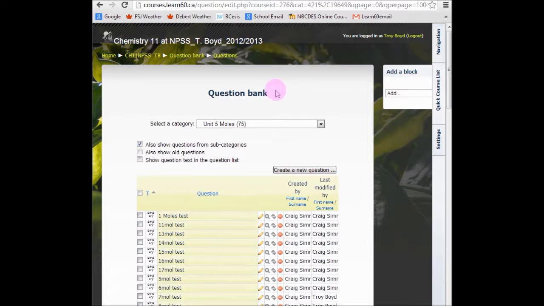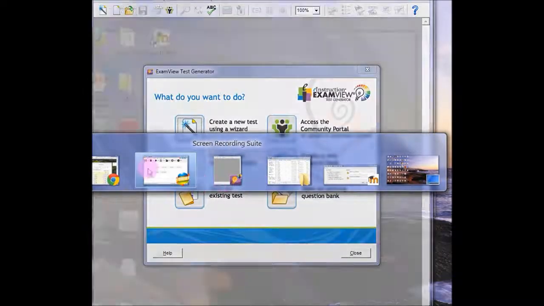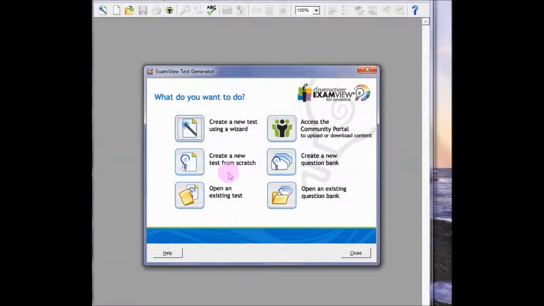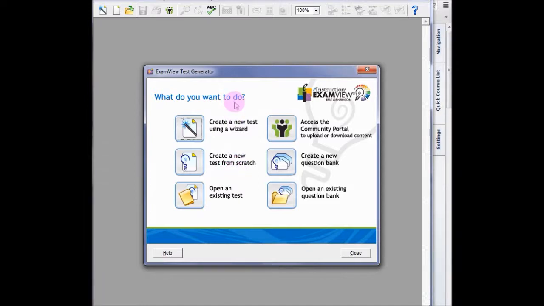So I'm just going to go through how to convert from an ExamView test bank and import that into Moodle. I'm more doing this for myself so that I can remember how to do it. Okay, so open up ExamView,